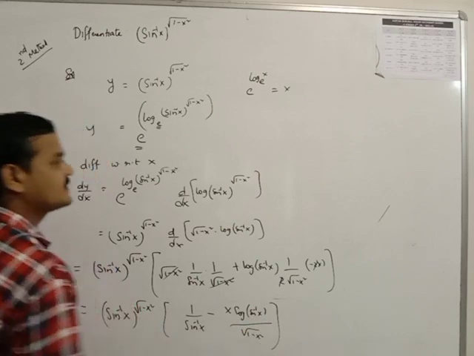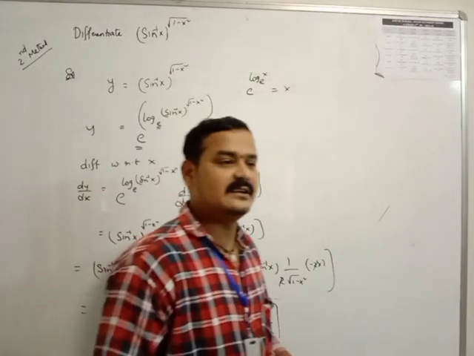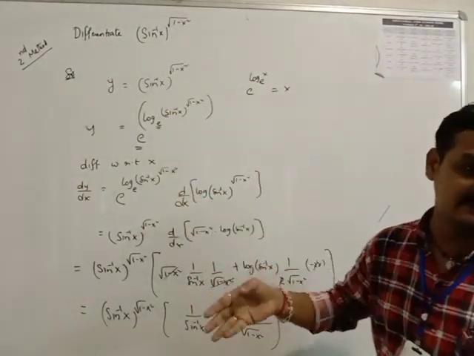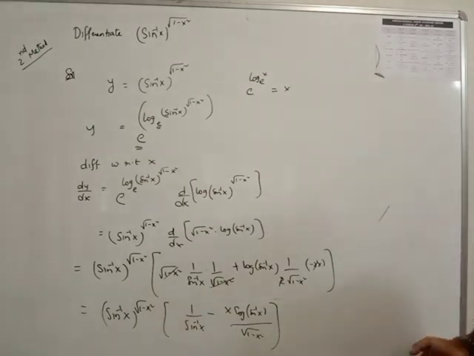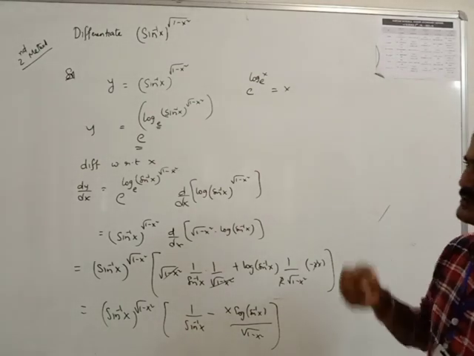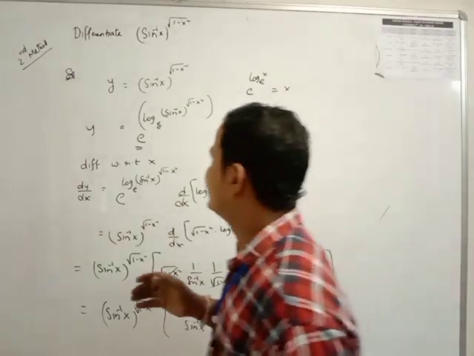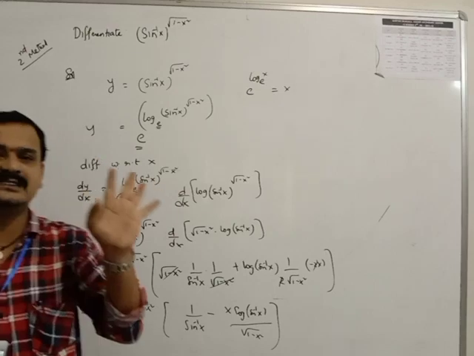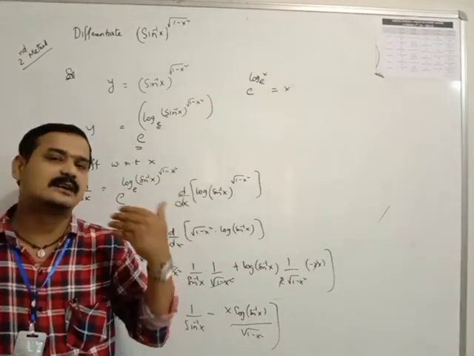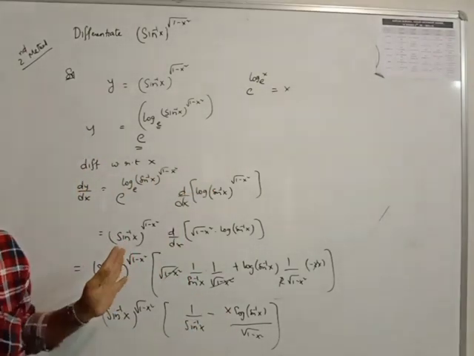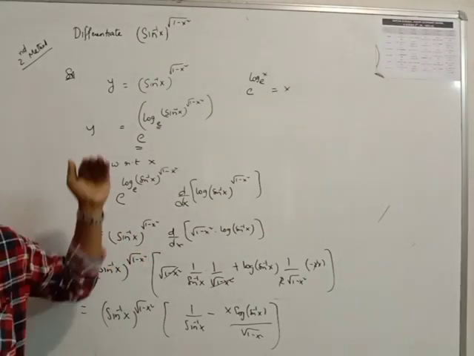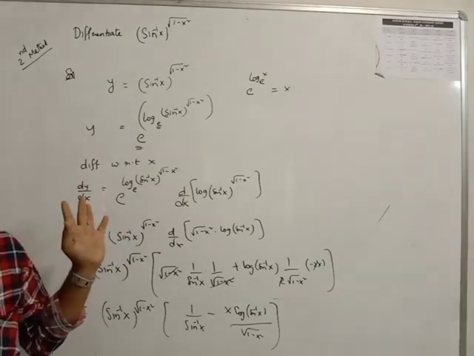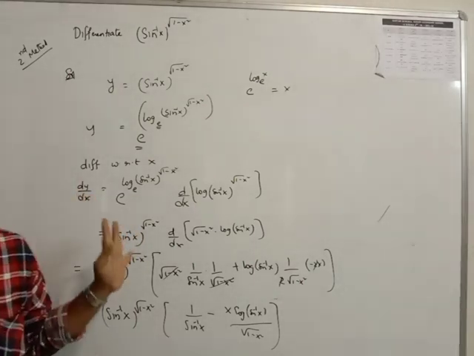In this case you didn't use any log on both sides. Without using the log you can differentiate. This is also one of the methods. Sometimes the CBSE or RD Sharma textbook also gives this method. But here it is complicated, because of taking e. The easiest method is the earlier one: directly apply the log to both sides, simplify, and get the derivative. If any doubt is missed, I just said that this one-mark question formula, you just verify using that formula whether the answer is coming right or wrong.